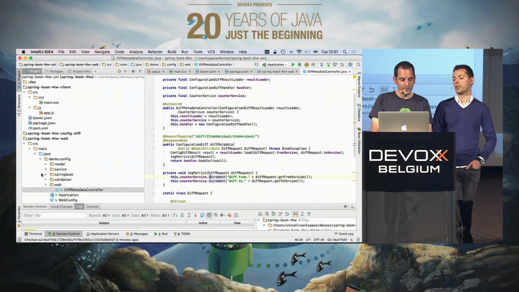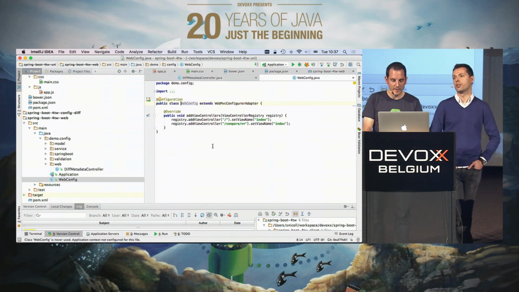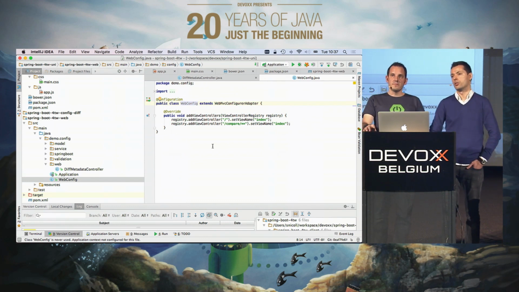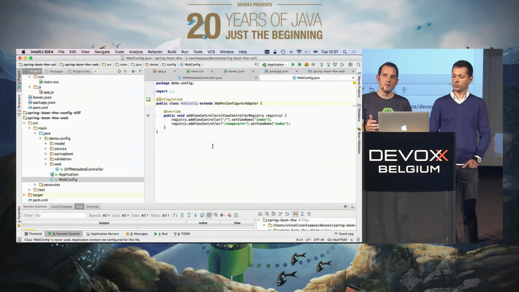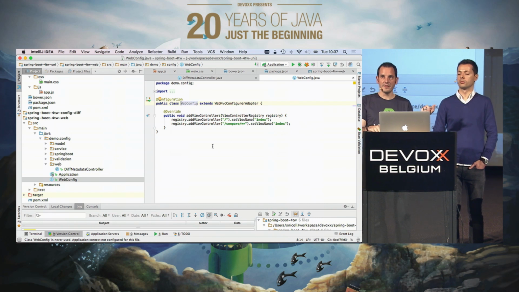So instead of getting all the data within the template and rendering, we're getting a template rendering, and the Angular application is starting up, fetching the data with an AJAX call and rendering the content. We also have an extra web-based configuration to tell Boot where to find stuff. So making sure that if we hit the root endpoint, it's going to call the index view,